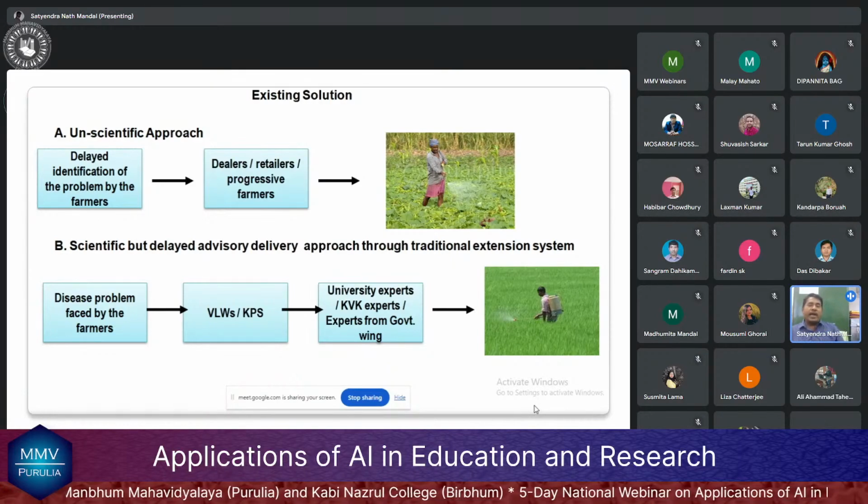But before that, they lose some days, and there are lots of deadly diseases in the agriculture field. Within that disease, they lose their crop, the whole field. Then some of them commit suicide. Then what is the solution? As a scientist or as an engineer,